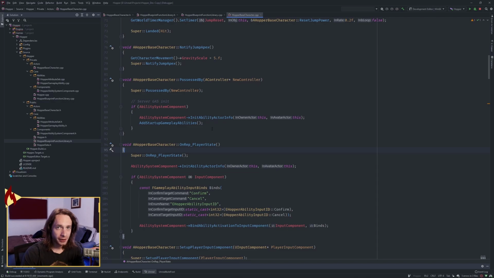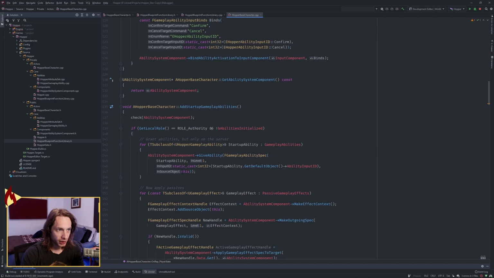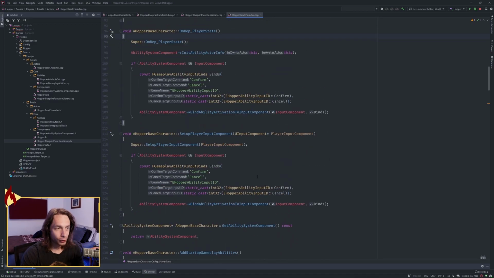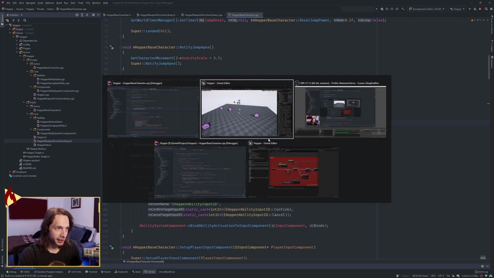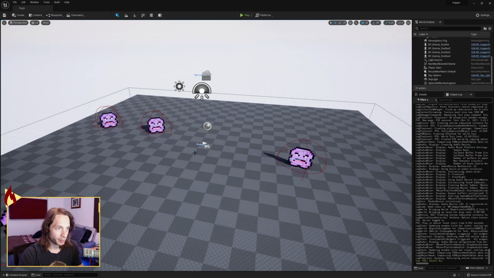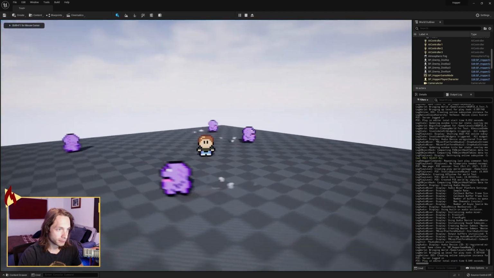So I made an error in the last video. After we created the add startup gameplay abilities function here, we forgot to actually call it. Go to your possessed by function in your base character, and after you init the ability actor info, you need to actually call add startup gameplay abilities. If you don't do that, the character doesn't get any of the abilities or the effects that we set. So make sure you do that, and then come back to the editor,